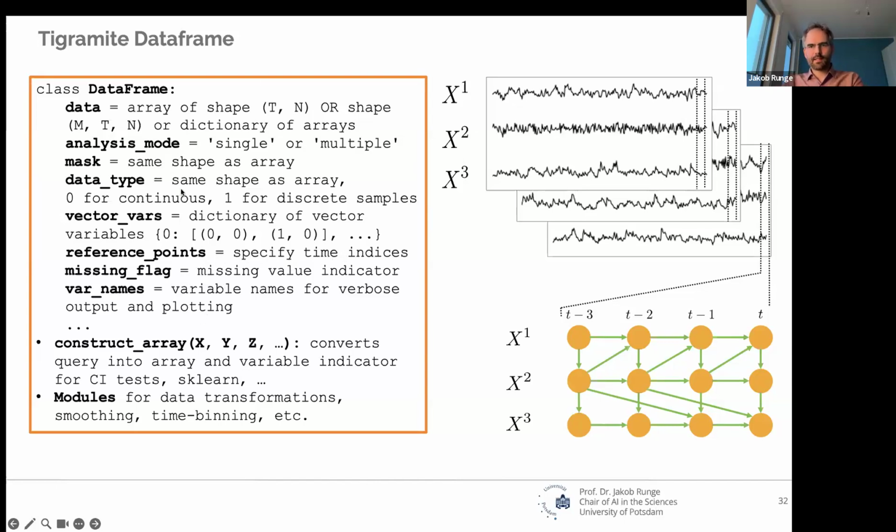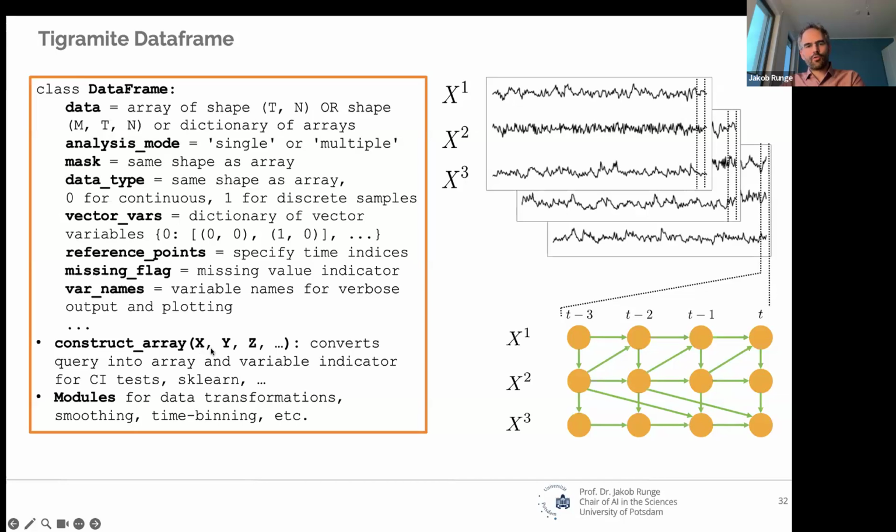And then once that is initialized, every method, the causal discovery methods, they all make use of this construct array function of this class. And that converts any query into an array that is then digestible by conditional independence tests, by scikit-learn.